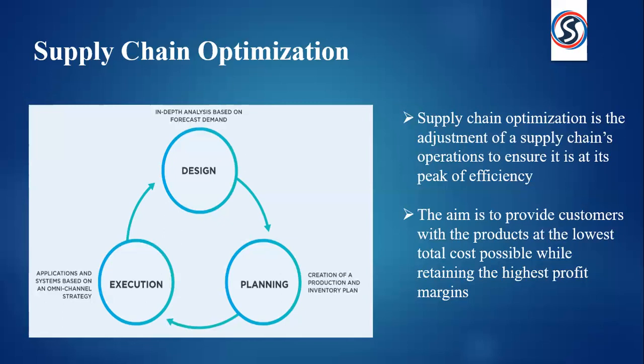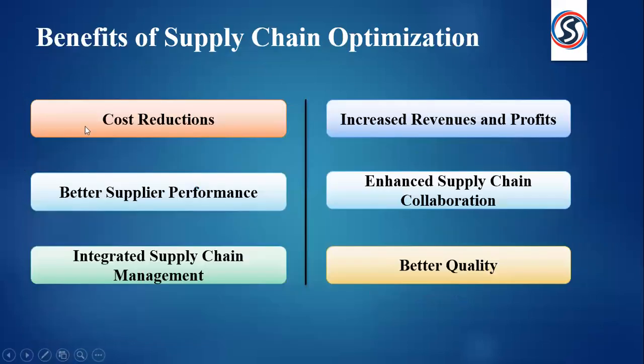Fine. So during this step, the organization should also examine every possibility for better e-commerce integration via omni-channel strategies. If you have discovered, most of the companies work with professional services providers or consultants to implement the technology and the organizational changes necessary to achieve tangible, real-world results. So let's understand the three phases of a successful supply chain optimization process. The three phases that we have are design, planning, and execution.